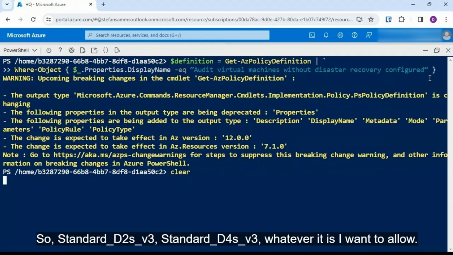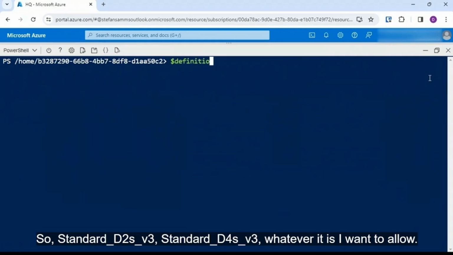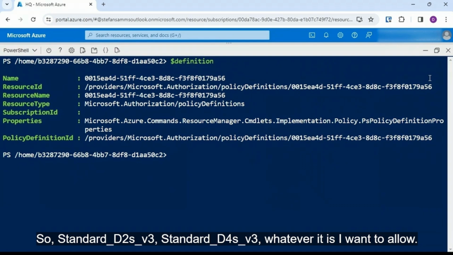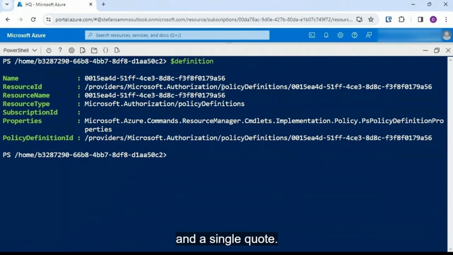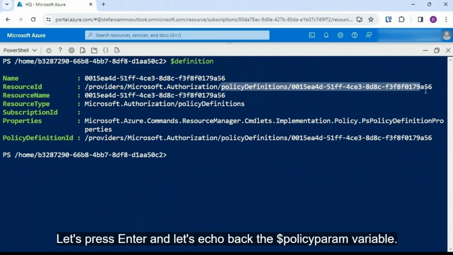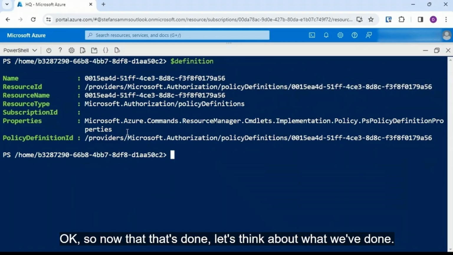So let's clear the screen. Let's just type $definition. Okay, we definitely have that policy definition stored here with its resource ID. So it's in the policy definitions. There's the ID for that policy definition. Perfect. Because we're going to need that ultimately when we want to make a policy assignment,